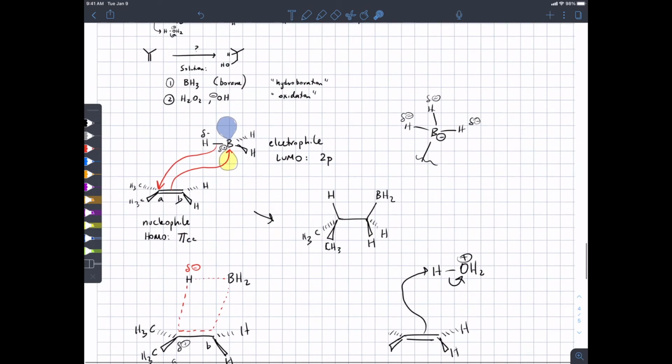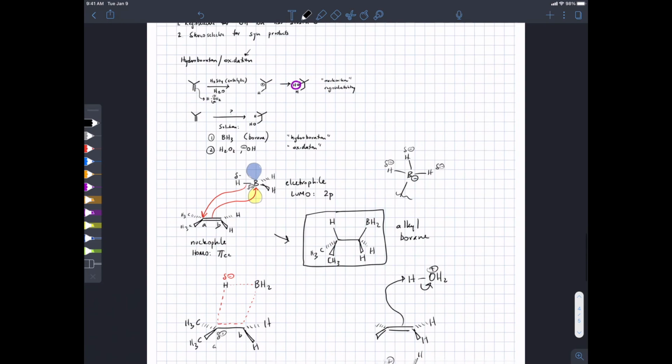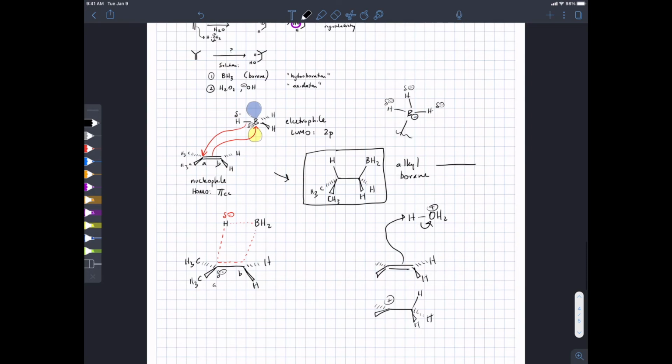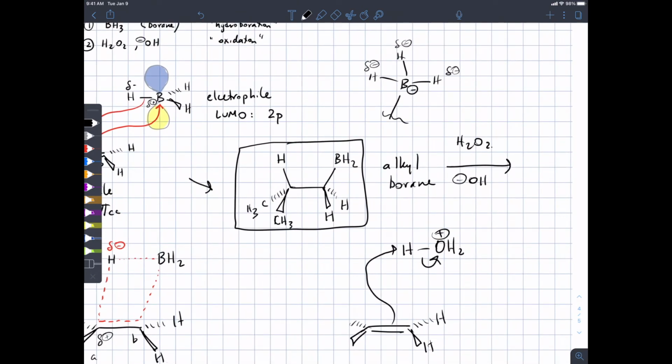So the product of this reaction, of step one, is called an alkyl borane. And you can use these types of intermediates for lots of different things, but if you subject them to peroxide under basic conditions, what you end up doing is replacing the BH2 with an OH group. And you do it without changing any stereochemistry. There isn't any here to talk about, but